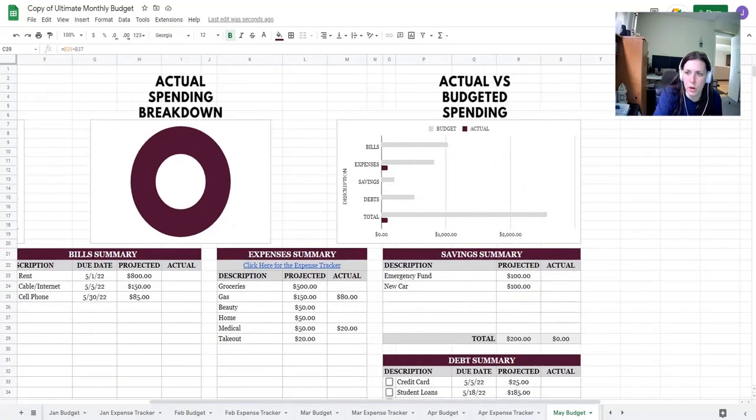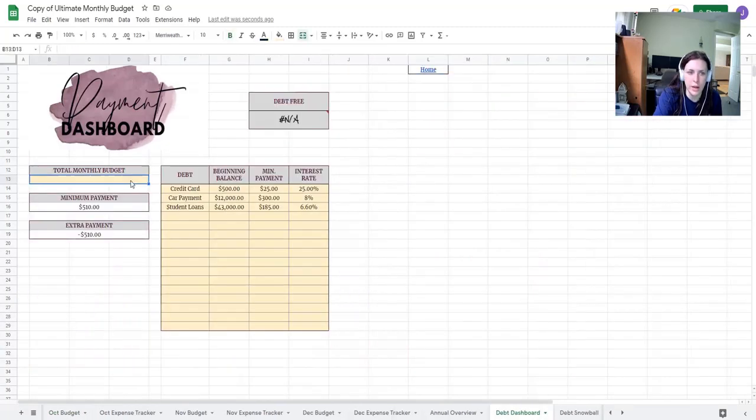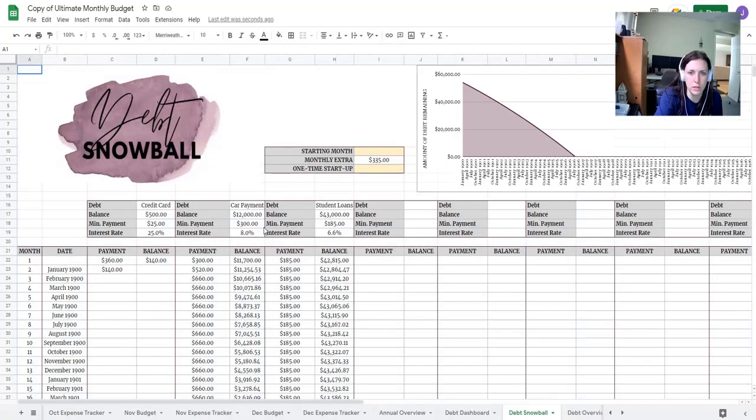So I am going to go back home, go back to my debt dashboard, and then I'm going to type in my 335 plus my 510 is going to be my total monthly budget, which is $845. And that's all you need to do for this page. The next, you're going to go over to your debt snowball, type in your starting month. Let's say I'm going to make my first payment this month, so I would type in May 2022,